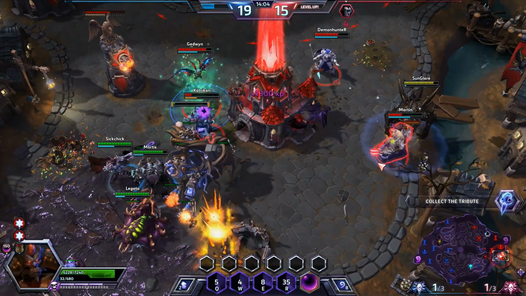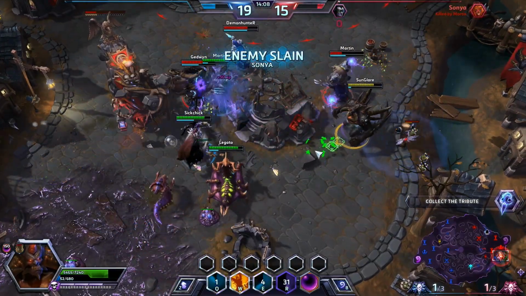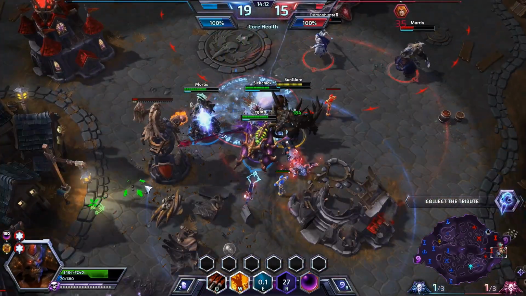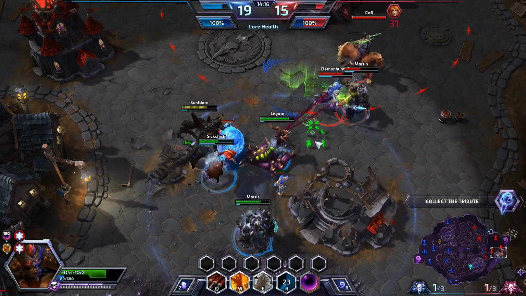You can see the body blocks are real. I am tanking some damage from Jaina, but they cannot do anything to me. I have too high of a health pool. Looks like we might be getting a kill on Brightwing. We do not. It's okay anyway. Let's go ahead and...